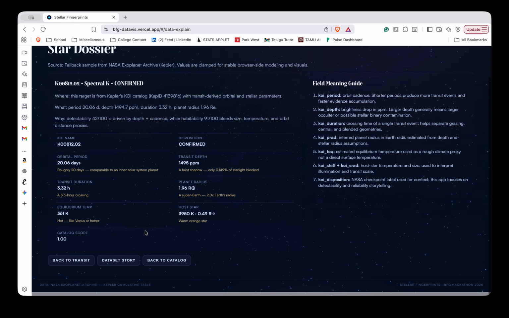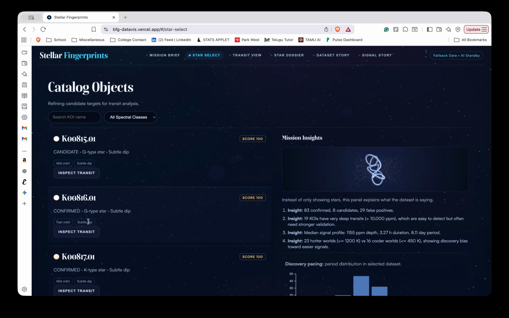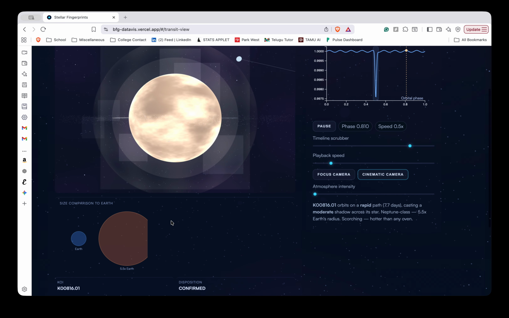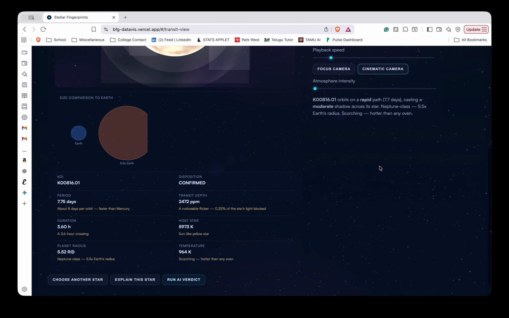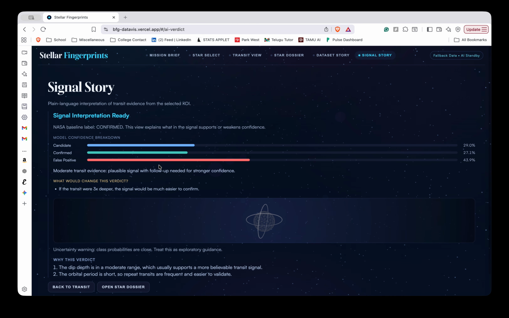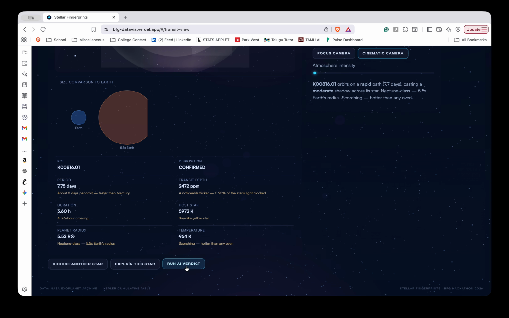We can open the star dossier. Let's go back to where it was, and then we can choose another star. So we'll do this one here, and we can see this one's 5.5 times Earth size. It's a little bit different phase, some different statistics, and a different AI interpretation story. And then finally, we can go back here to our explain this